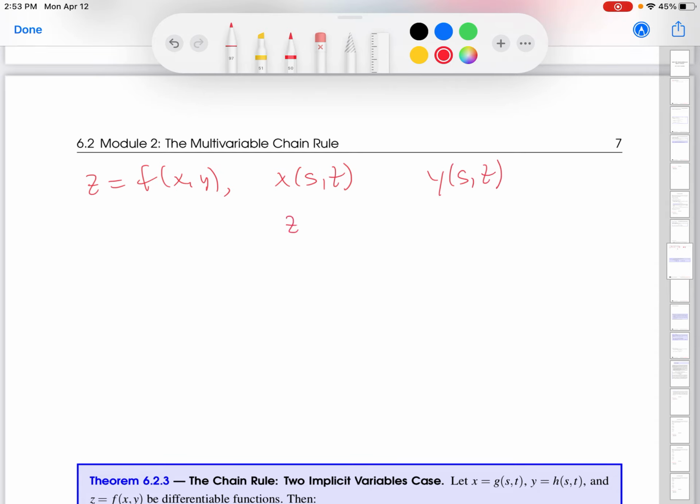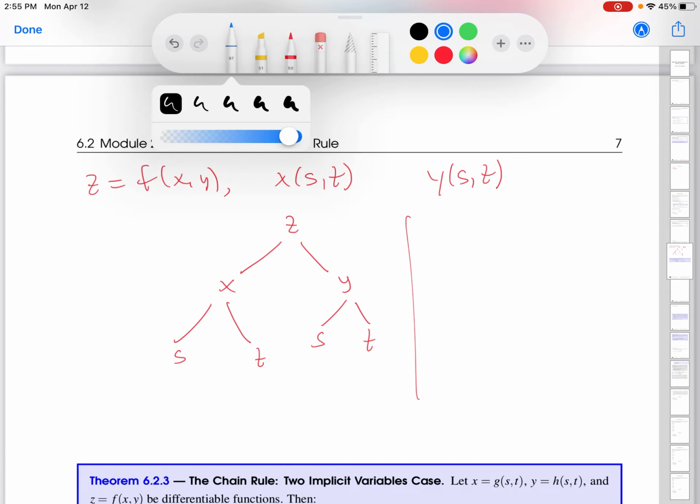So if I try to set up my little diagram here, it's going to look a little different. It's going to look like this. And then s and t. Okay. So similarly, if I want to now figure out what is the derivative of s with respect to t,